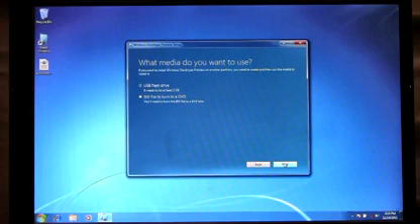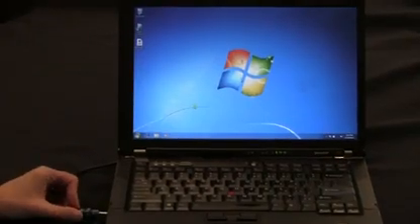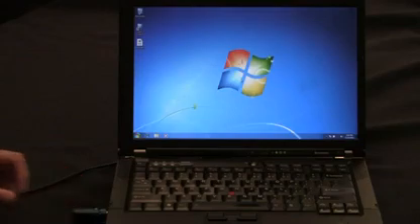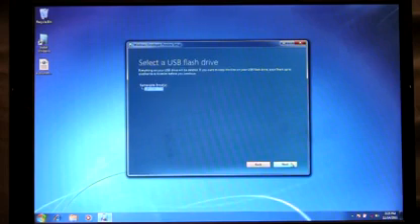And here you'll see I have to choose between using a USB flash drive, or I could create an ISO file and burn it to a DVD. For this scenario, I'm going to use a USB flash drive and plug in my USB flash drive. One thing that's important to keep in mind is that it needs to be at least 3 gigabytes in size or larger. The other thing, when I click Next, you'll see it's going to automatically find that removable device, my